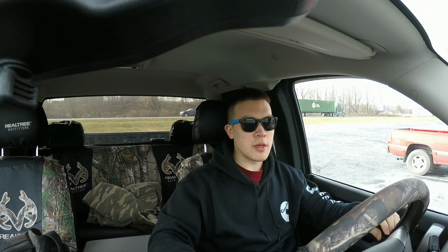When the 5.9 Cummins came out, people were jumping on board with the Dodge Ram, and that's what really brought that brand into existence. And when people say Cummins, they think of a Dodge, because that is the engine to get. It's very reliable, it lasts for many miles, and you never have any problems. Once they came out with the 5.9 24 valve, that's the Dodge that had problems. I actually knew a guy that had a 24 valve, and he's selling it because he calls it a money